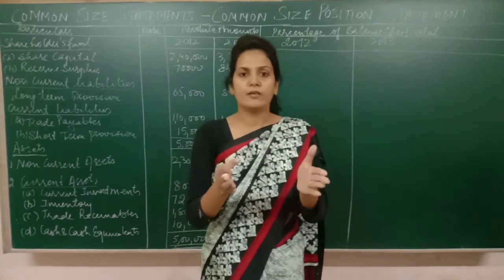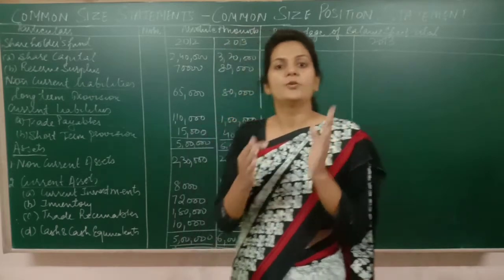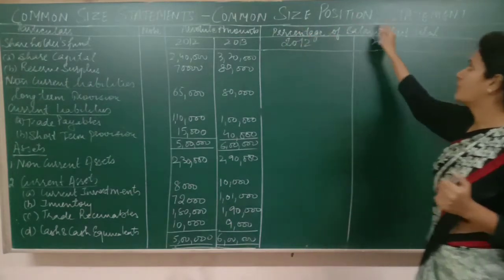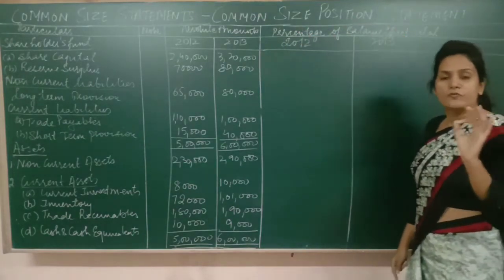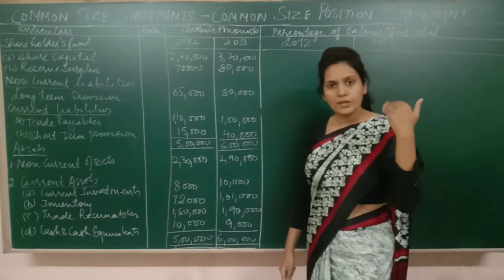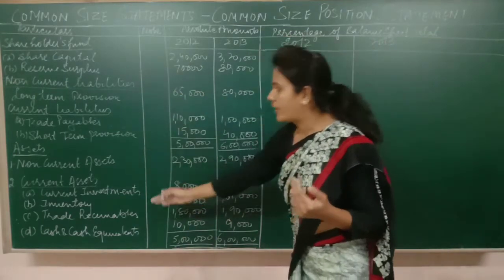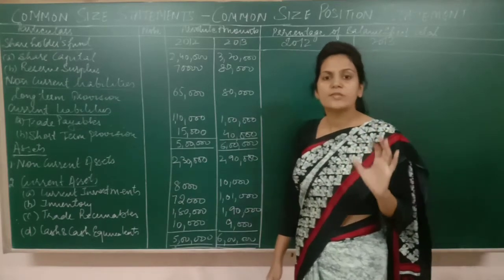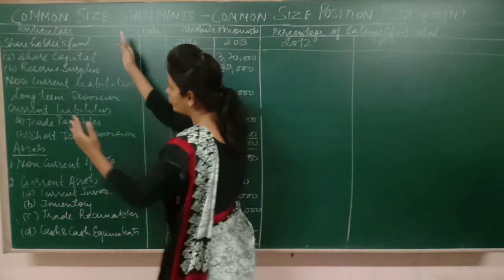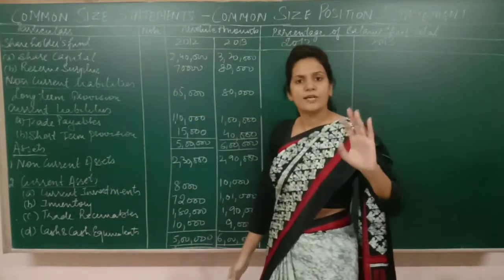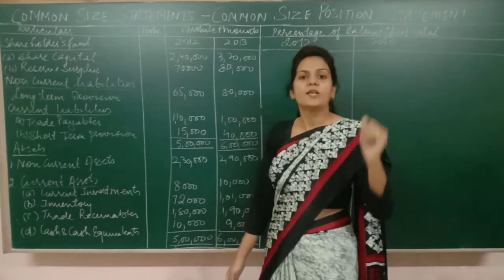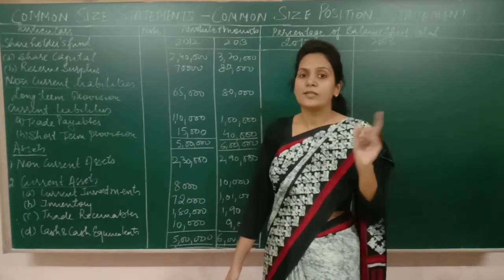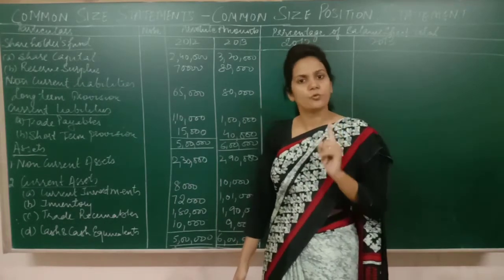Now, one question will be given to you. Out of that question, first of all, you have to make a balance sheet, because in this topic we are going to learn how to make common size position statements. So first of all, some data will be given to you. From that data, first of all, redraft the balance sheet. For this, you need to learn all the heads and the subheads, right? Sometimes this portion is already given to you in the question itself. But sometimes only some values will be given to you, some items individually, without their main heads and subheads. In that case, you need to write the subheads and the main heads on your own, right?